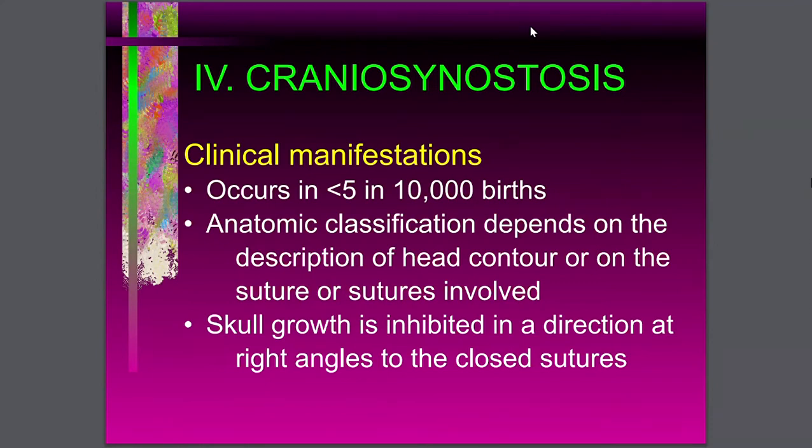Kung ang both coronal suture masira, so ang brain mo ang growth will be on the side, so we call it acrocephaly. Kung isa lang ka coronal suture ang masira, so ang kiwi ang ulo ng pasyente, so we call it plagiocephaly, no? So if only one coronal suture has closed, abnormal ang shape niya. So ang head contour, ang shape is, amo na ni ang description, no? So we call it plagiocephalic, kiwi siya.